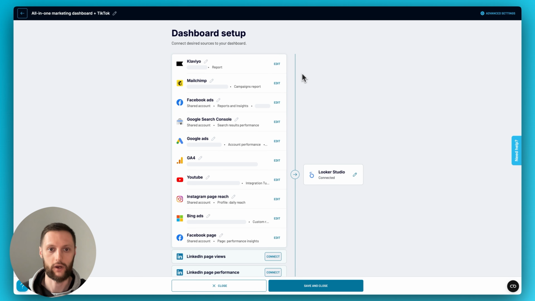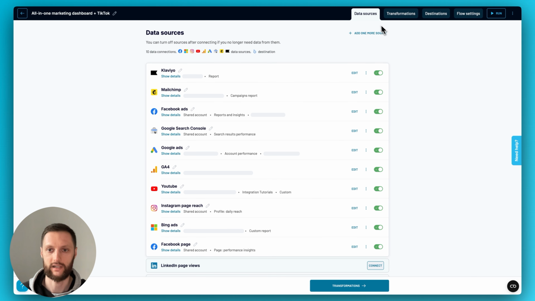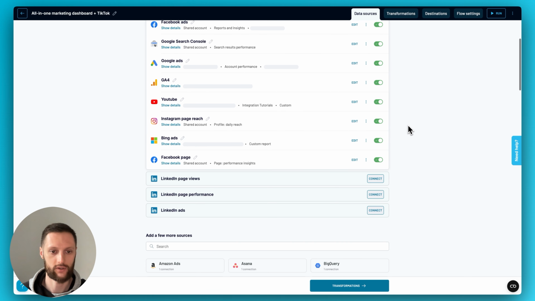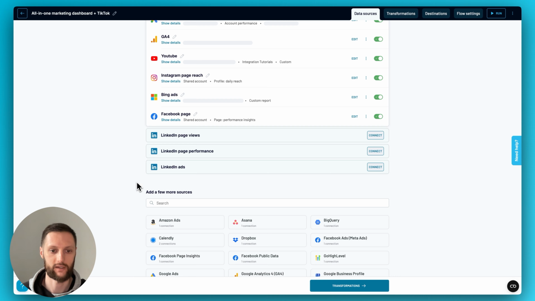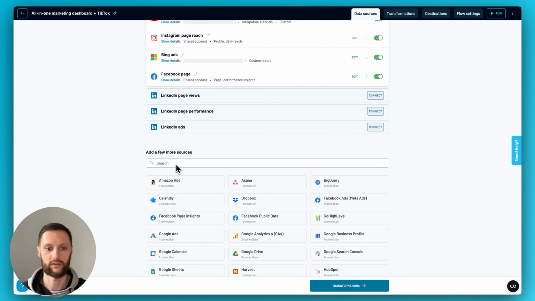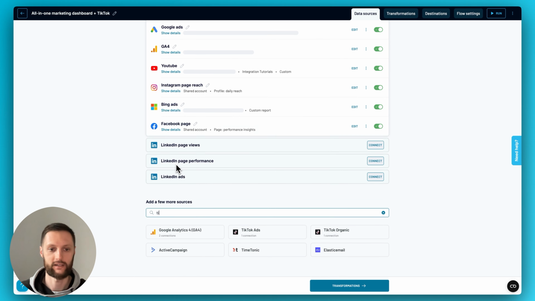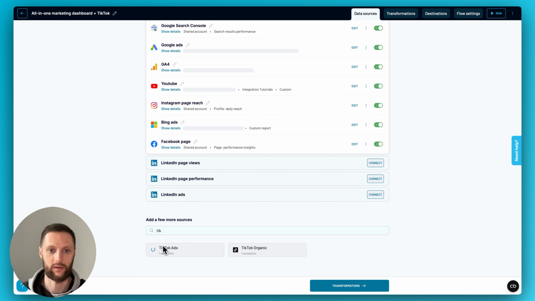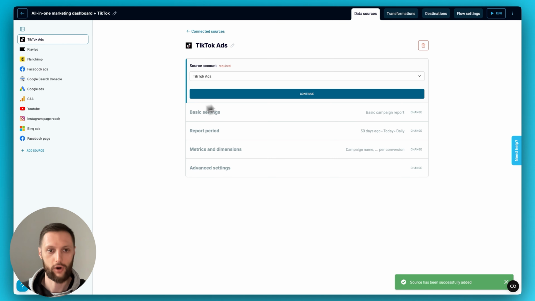First things first, when we open the data flow, we would need to go to the advanced settings, which will give us access to things like transformations and adding new data sources that weren't originally included in the mix and so on. So the first thing would be to add TikTok ads, just so it's in the mix. And then before we start configuring it, I would always highly suggest looking at other similar sources you're trying to add,